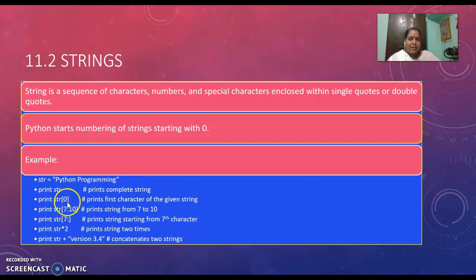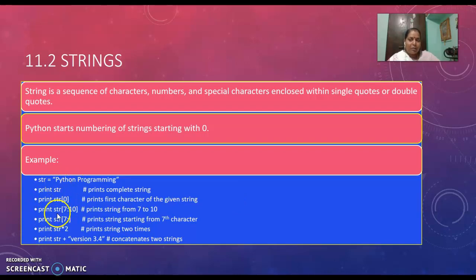The string index starts with 0. So str of 0 is equal to p, str of 1 equal to y, str of 2 equal to t, str of 3 is equal to h and so on. Likewise, it continues.